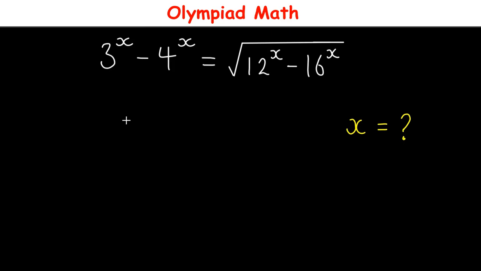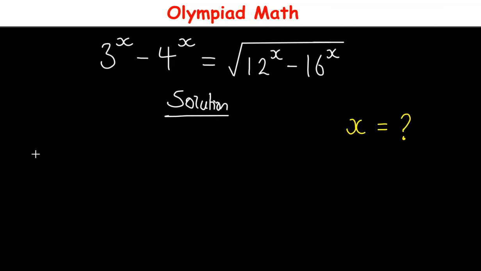Hello everyone, in this video let us solve this question. We have 3 raised to power x minus 4 raised to power x equals square root of 12 raised to power x minus 16 raised to power x. What are the values of x? So to solve this,